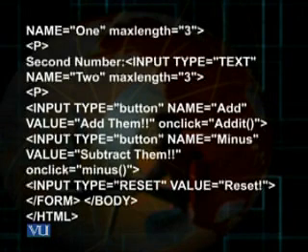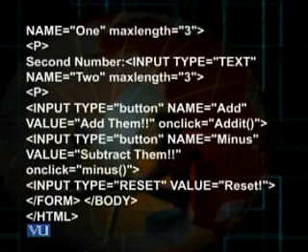And then input type button, name add, value add them, onclick addIt. You can recall that this word onclick is an event handler. I have kept its value addIt, which means that when the user clicks on this button, add them, the control would be shifted to the function addIt, which we had earlier seen, and then the statements of the function addIt would be processed, and accordingly the result would be displayed.